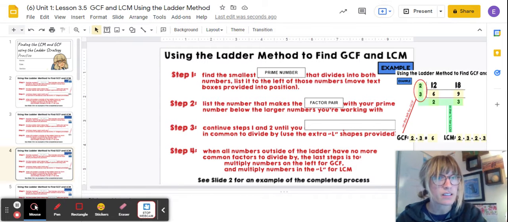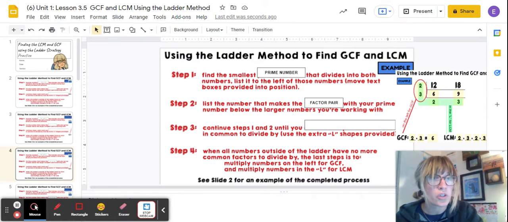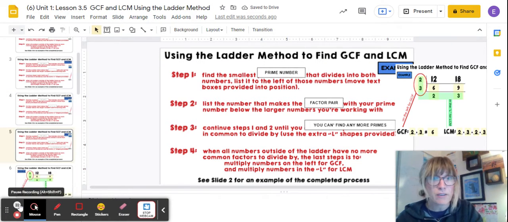Well, we see it's 6. And what's the pair with 2 to hit 18, our other target number? Well, it's 9. So you end up putting those numbers right underneath your ladder, if you will, below those larger numbers you're working with. You're going to continue those steps, step 1 and step 2, until you can't find any